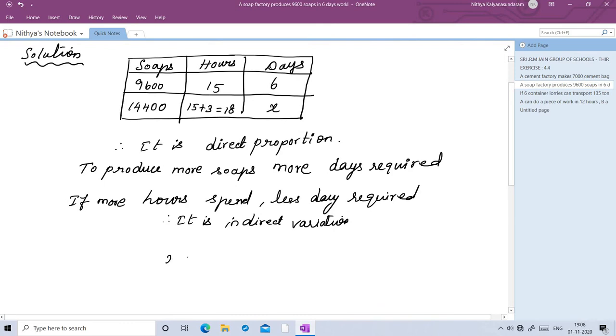So x is equal to 6 into 14,400 divided by 9,600. This is direct variation. So it's reverse order, 14,400 divided by 9,600. Then ours is an indirect variation, so into 15 by 18. So as it is, you can write